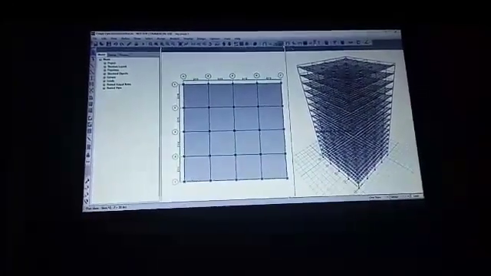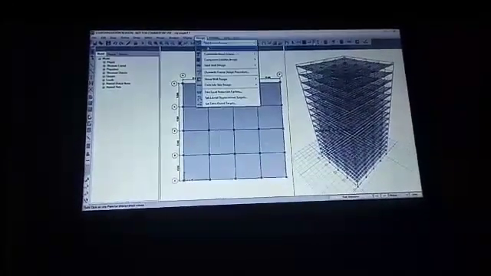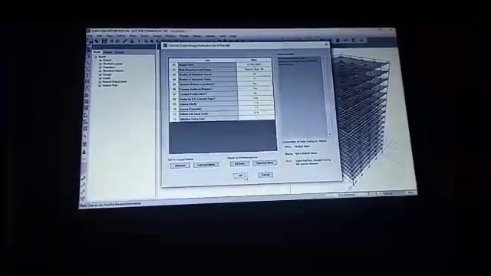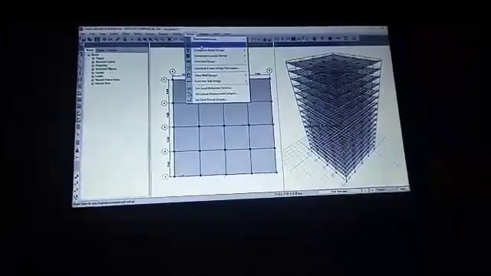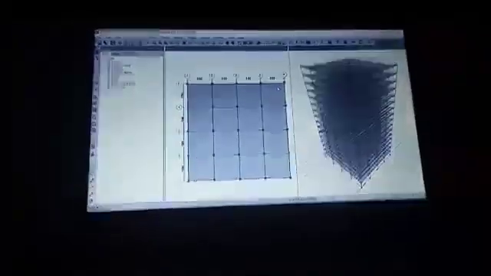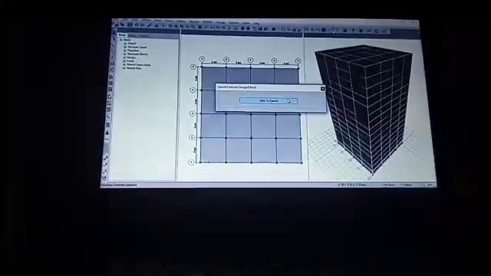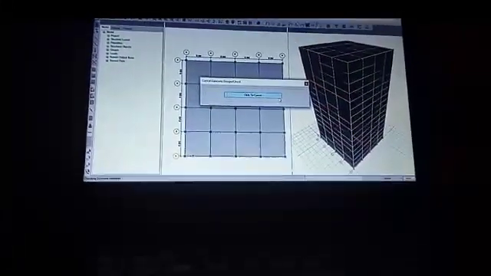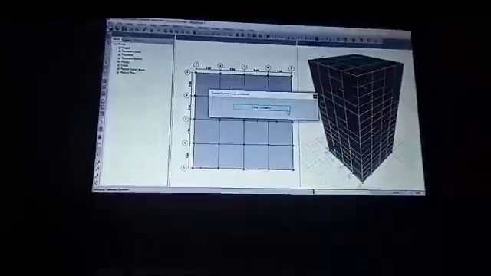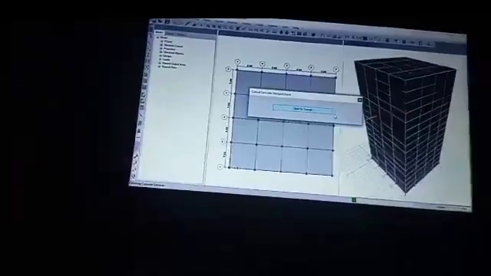Now we will be running a design check. For that, go to Design, go to concrete frame design, and select view preference. After that we will start the design check by pressing Shift F6. We will be designing this building. If all members pass, no notification will come.